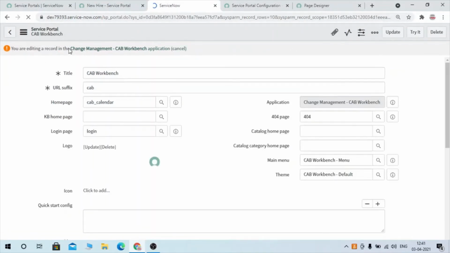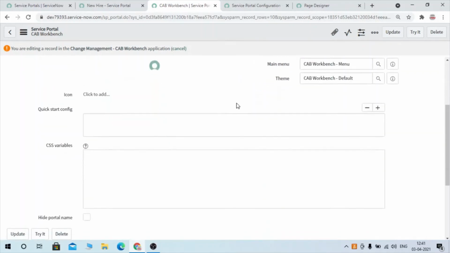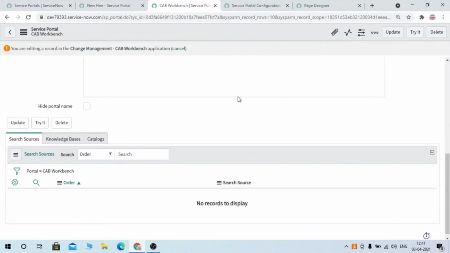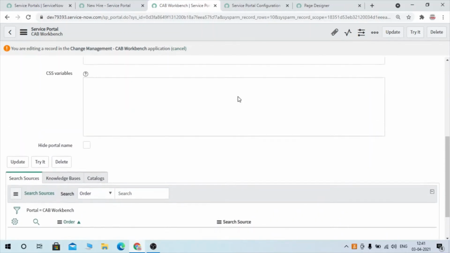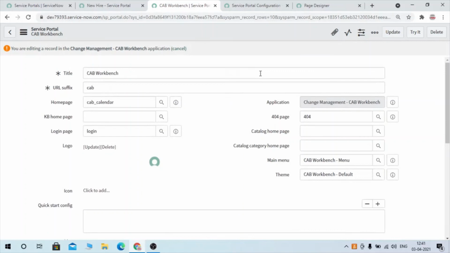This portal has been created in this scope, so we have to go to that scope, and only then are we able to modify this portal. I want to show that page as the catalog homepage or KB homepage. So I can just select that homepage and save it here. That page will be visible on this portal. This is how you can do the modification and add a widget on the portal.